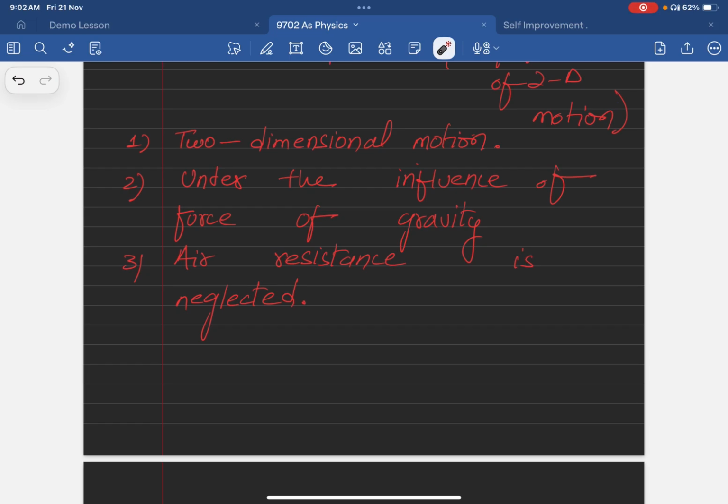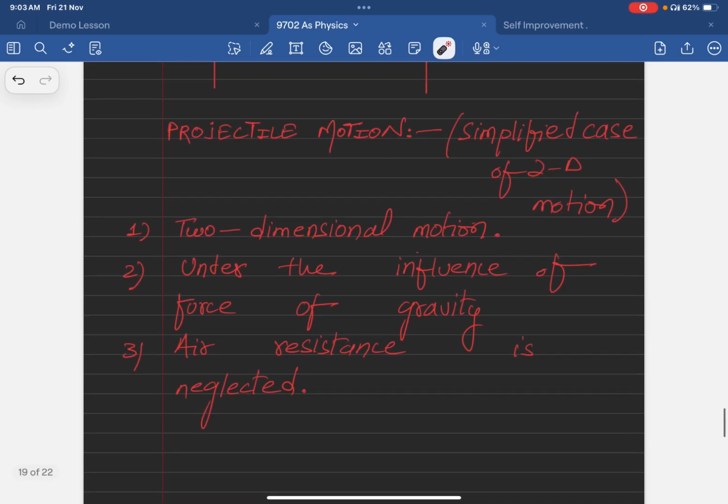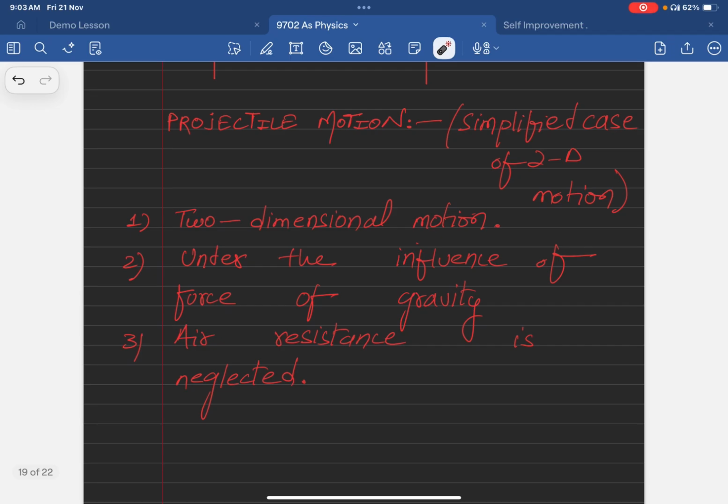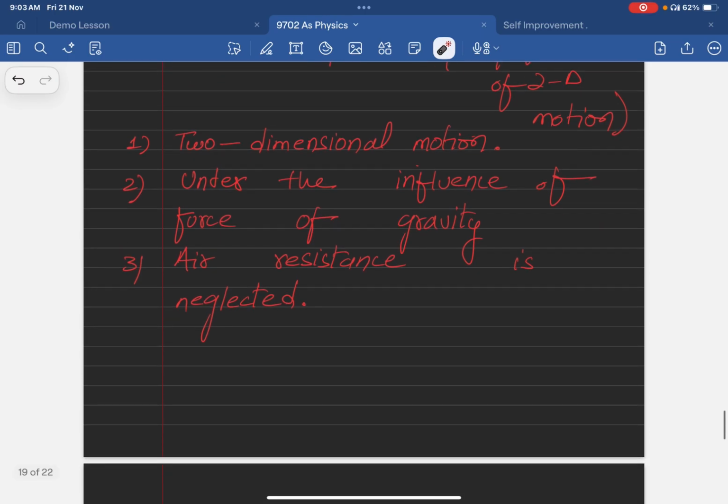But I also discussed the examples of an aeroplane taking off or landing. In the take-off and landing of an aeroplane, there are several forces involved. There is not just a single force, and air resistance is not neglected. So you cannot say that every two-dimensional motion is a projectile motion. That's why I described projectile motion as a simplified case of 2D motion. We will specifically discuss those cases. But let's say an aeroplane is in the air,